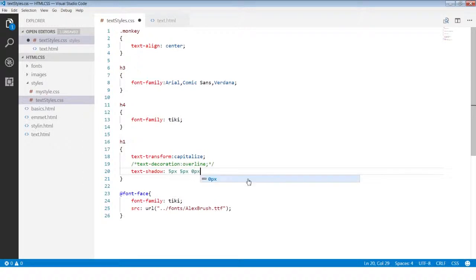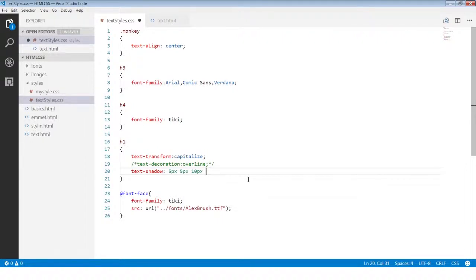So if I say 0 pixels, that means it's going to be a very sharp shadow. But if I say I want to blur it about 10 pixels from the edge, it's basically going to be a pretty blurry shadow over here. And the final value I have to specify is the color of the shadow. So for example, if I want the color of the shadow as gray,